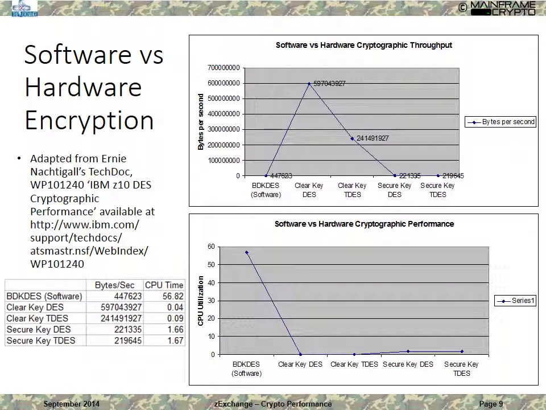So that's kind of the level set. The next several charts are really going to be talking about what you can expect performance-wise. Now, most of the graphs that we're going to see come from the crypto performance white papers that IBM publishes for the various KEX and the various hardware devices that are available. There's a reference at the end of the chart, so you can go look at these documents